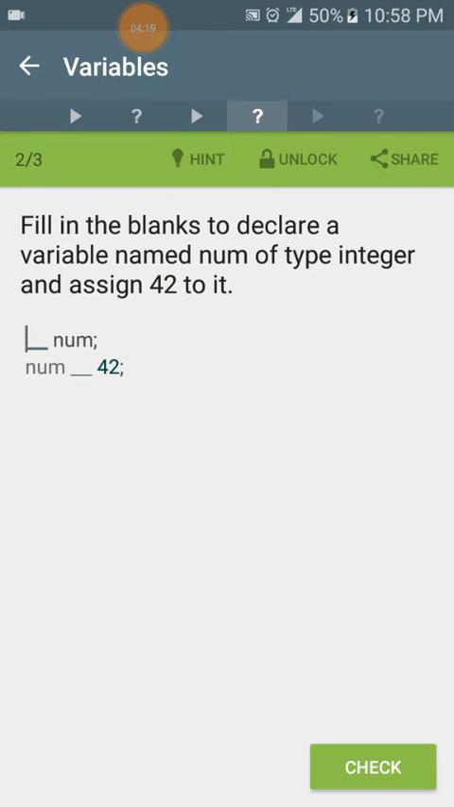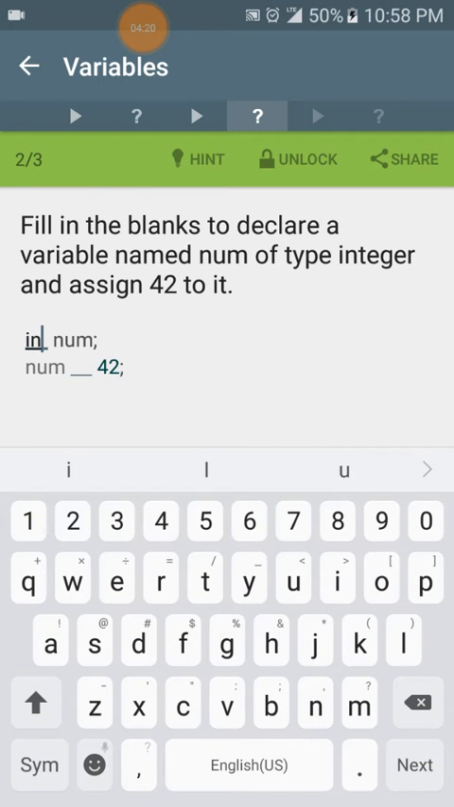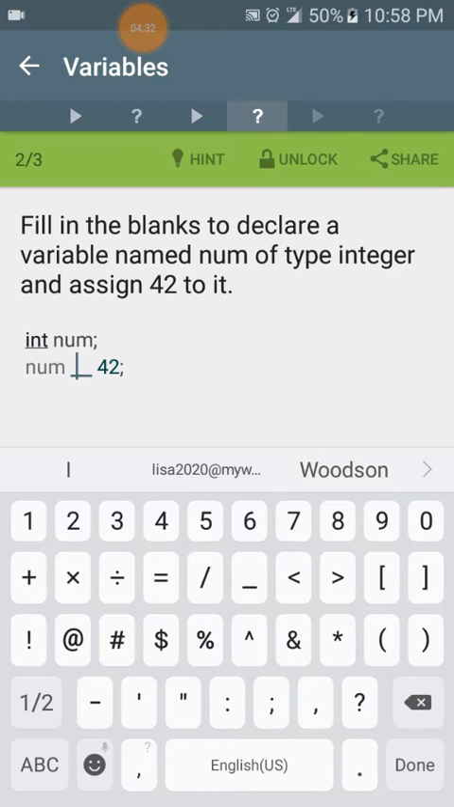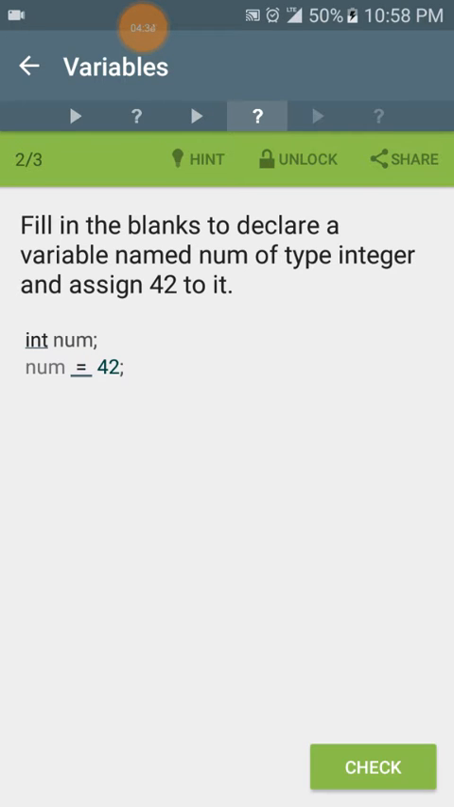Fill in the blanks to declare a variable named num of type integer and assign 42 to it. int num; is declaring the variable. Then to assign 42 to it, we say num = 42;